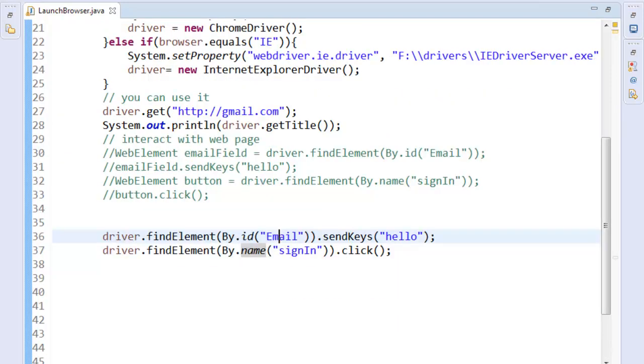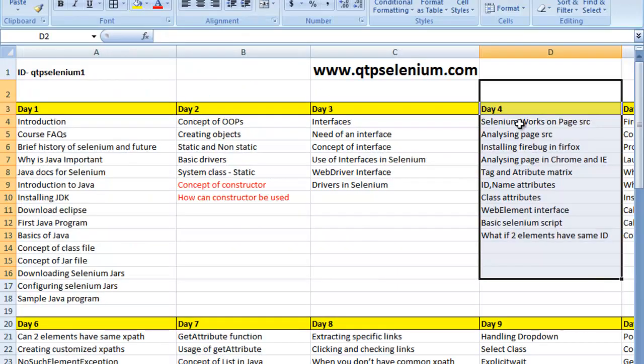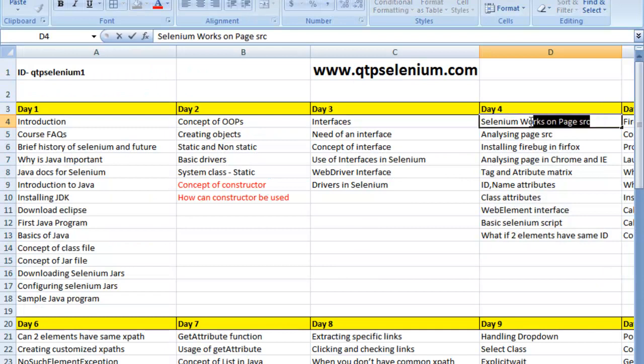Now, the thing is, I told you that Selenium works on the page source. How do you analyze the page source? In Firefox, you use Firebug. In Chrome, you have the Chrome Inspector. And in IE,